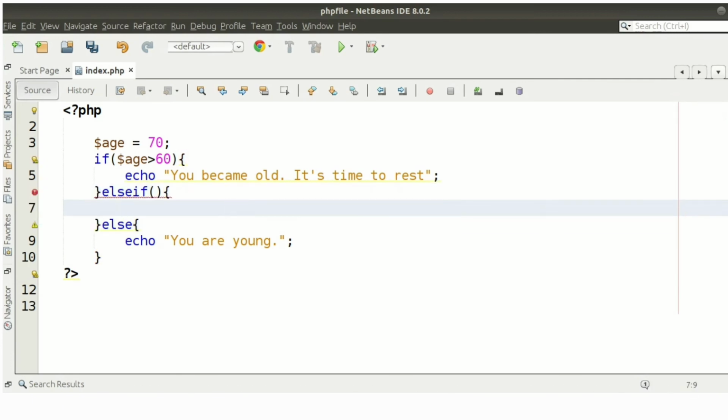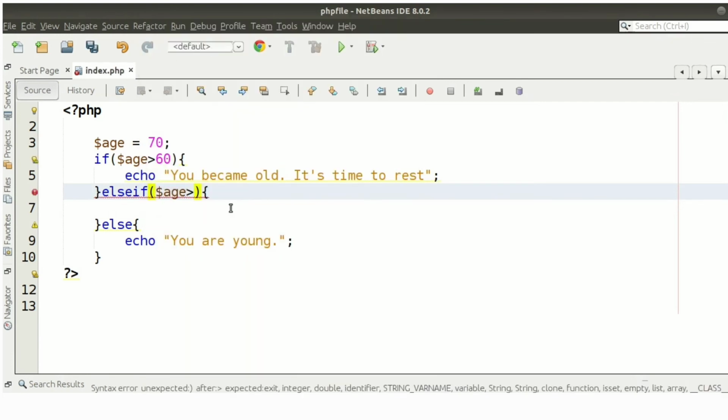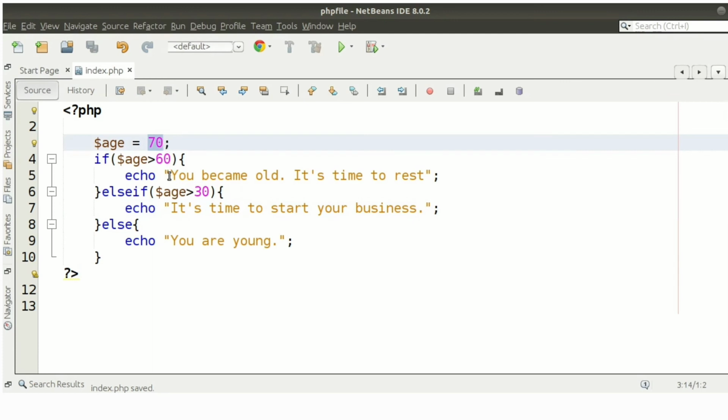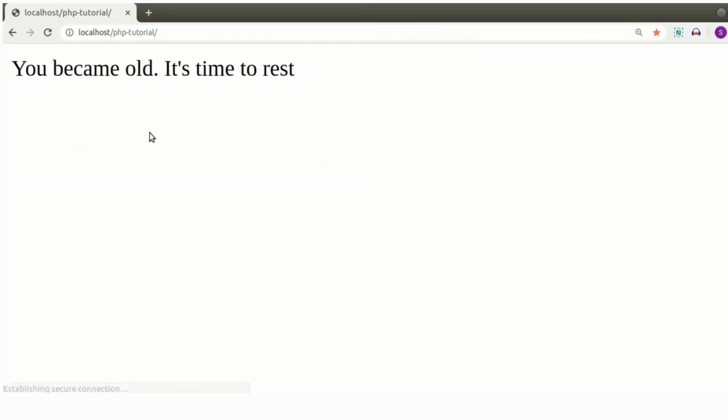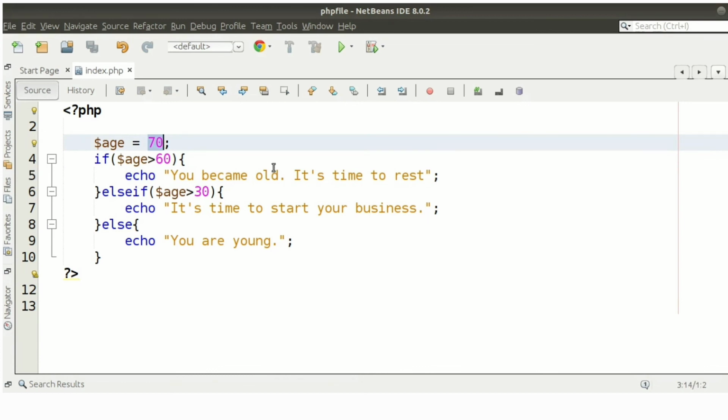I am writing if age is 30, I am printing it's time to start your business. That means when I provide the age as 70, then this program will run: you become old and it's time to rest. When my age is more than 30 but less than 60, suppose I am taking